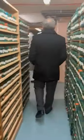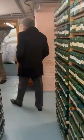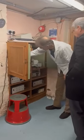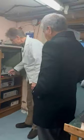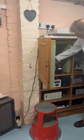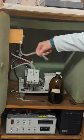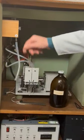And this is our machine. I don't know what stage it's at. Okay, this one is just ready to start a new one. This is the potentizer. I can't show you it running at the moment, but the principle is that it's like an arm, and this vial fills through these three things to bring in the water and air,